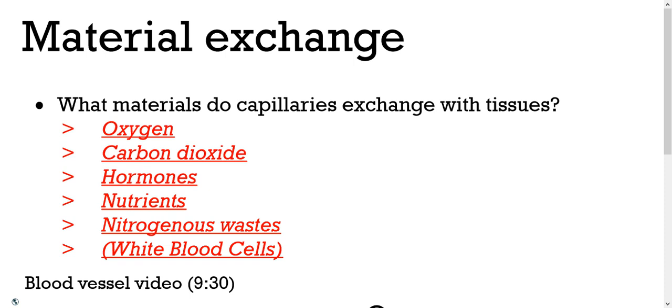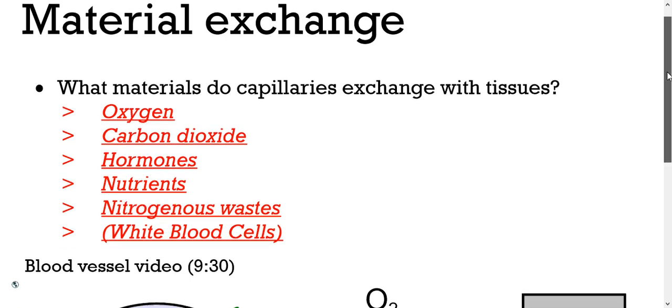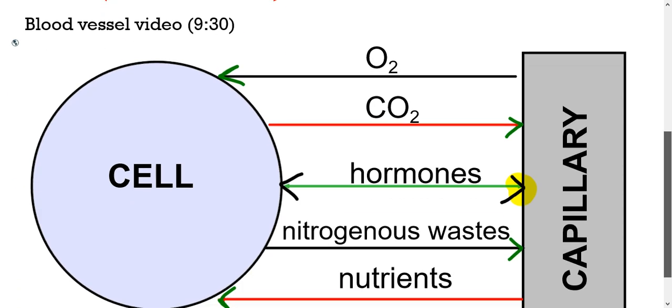When we get to those capillaries, there are different materials that are exchanged. So what materials do capillaries exchange with the tissues? This is oxygen, carbon dioxide, hormones, nutrients, nitrogenous waste, and in some cases, white blood cells. So if we scroll down to the diagram I have here,